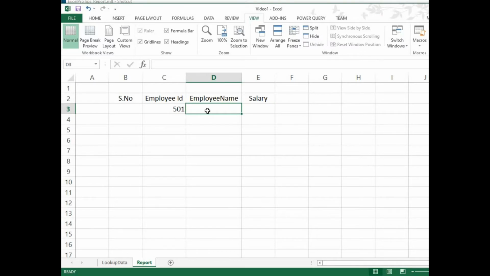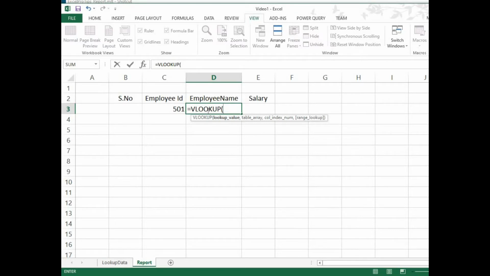Let's go to the formula. Press equal to, and start typing VLO. You can see that VLOOKUP pops up. Just press tab and it will automatically type VLOOKUP and put the bracket also. We have four parameters. The first is lookup value, for which we are going to pass the employee ID as a key.